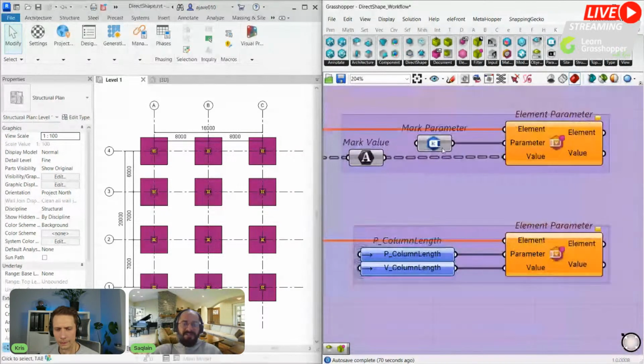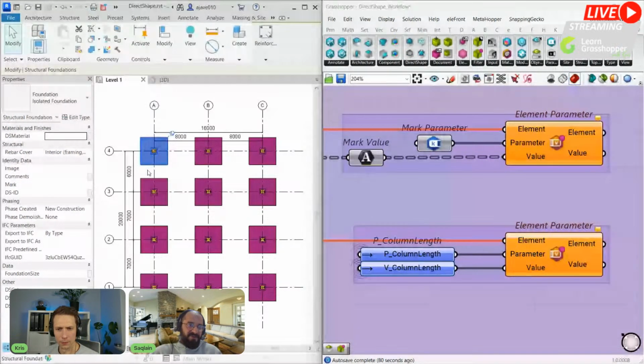Here I'm not using a DirectShape parameter for this one. It's a built-in parameter, which is the Mark parameter. So if you select any DirectShape, you have this parameter, which is a built-in parameter. So I have used the built-in parameter, and I have used the shared parameter so that I can show you, you can assign values to built-in parameters. You can also use shared parameters for your DirectShapes. So I have already